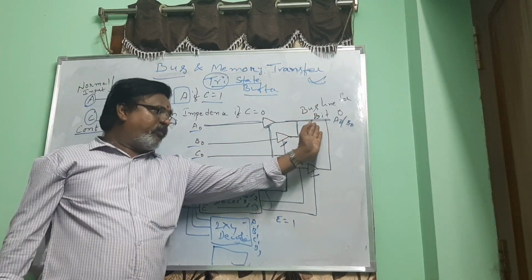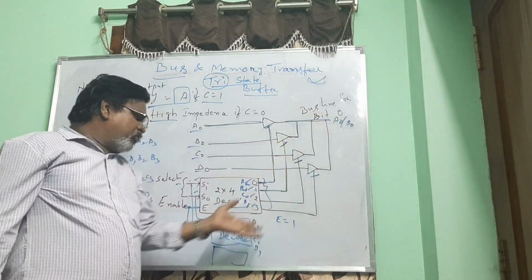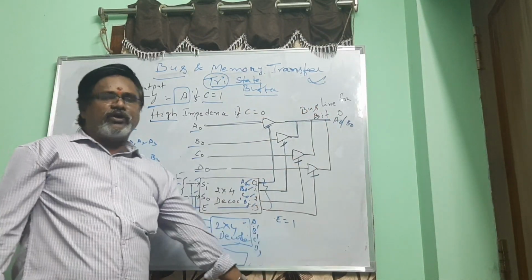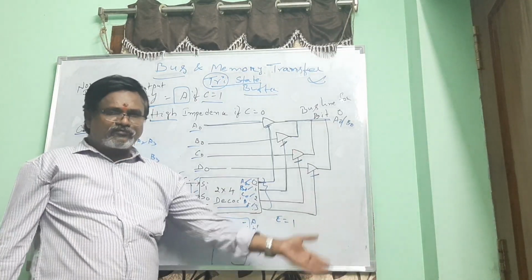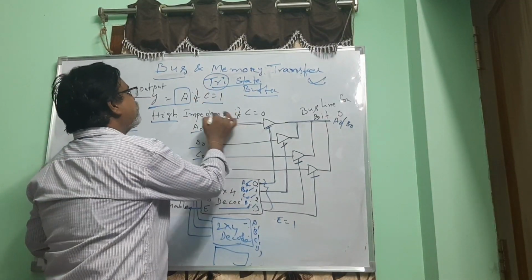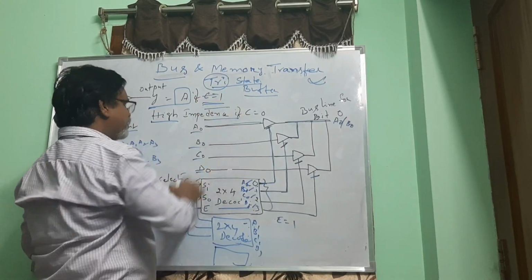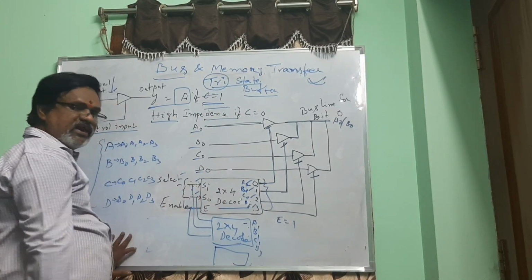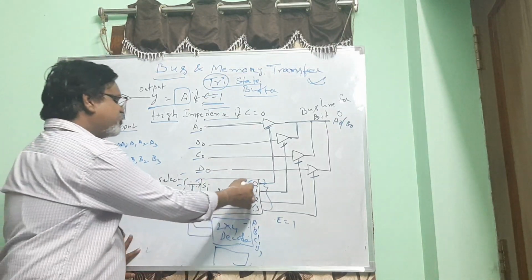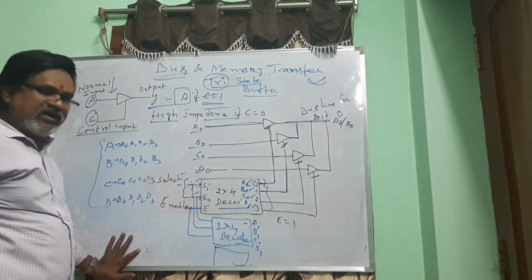It is a 1 bus line structure. If you want to transfer 4 bits of a register, you need to have 4 diagrams like this. And if you have, say for example, 6 registers or 7 registers or 8 registers, the number of select lines will be increased. Here also 0, 1, 2, 3, 4, 5, 6, 7 like that.